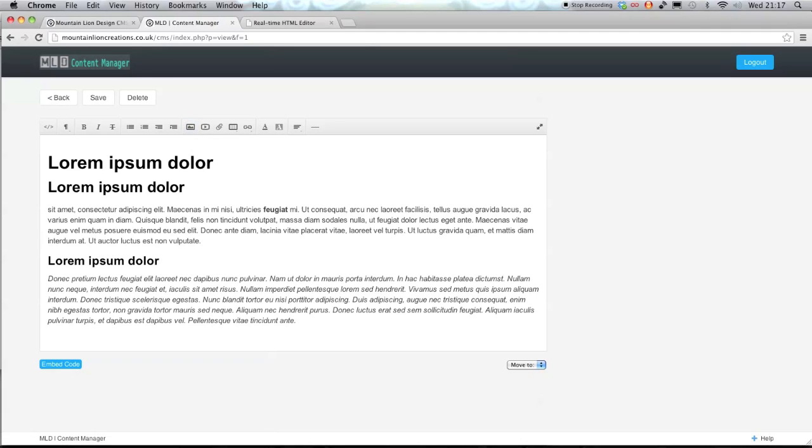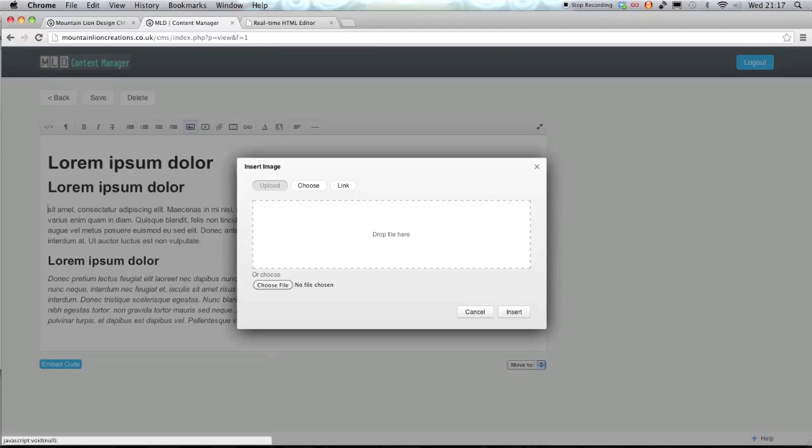button. So what you do is you will put your cursor at the place where you want the image to appear. So in this case, what I'm doing is I'm putting, I don't know if you can see on the video, but I've got my cursor just at the beginning of the text of the first paragraph. Then I click on the Insert Image button,